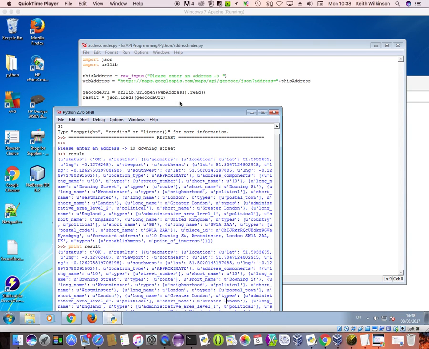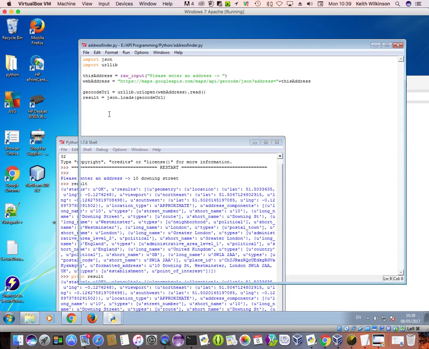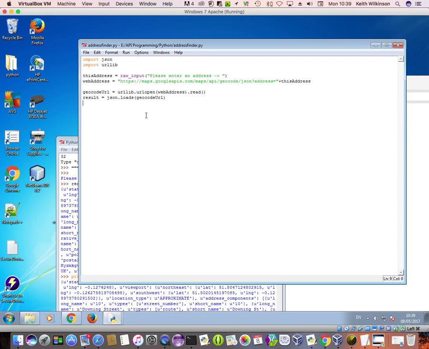So let's go through this slowly. I'm going to start to extract the information from all of this JSON code that we've got. We've just seen that we can type print result and we get results. So we can actually use that in our program. We can just type print result and we will have the same